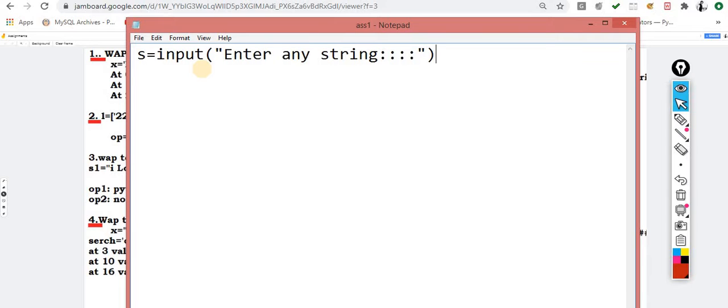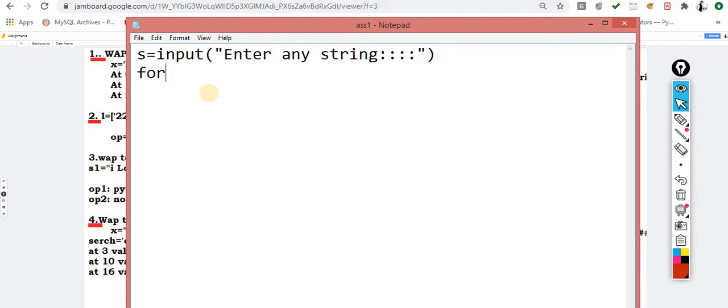First I will ask the user, because we have to do the programming in such a manner that we generate generalized code. So how can we do it, understand this point. s is equal to input of enter any string, the user will enter any string. The first problem statement is that you have to display the data in the form of the positive and the negative indexing, and it is very simple.